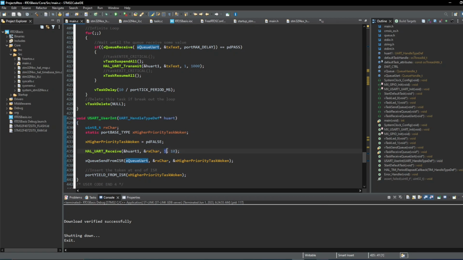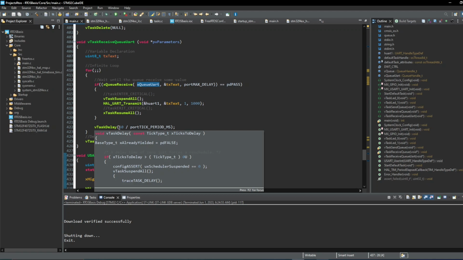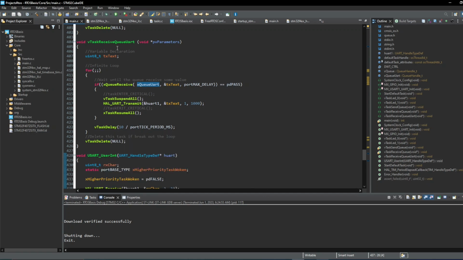We insert one character here in our queue. This task will execute every 10 milliseconds. So in the first 10 milliseconds, this probably receives the information that two characters were inserted into the queue, like you can see here,